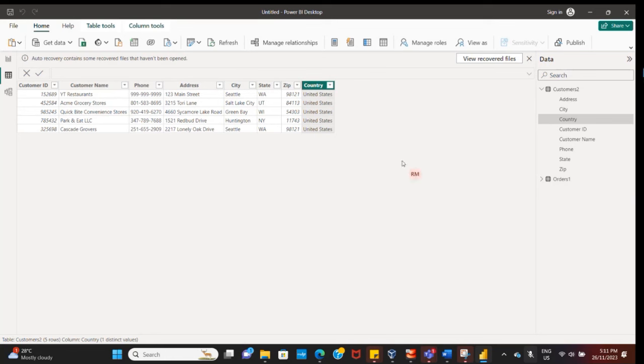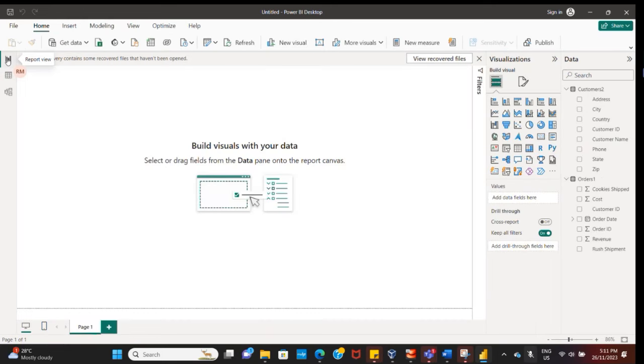Okay, I believe everyone is ready. So let's go and make a simple graph. Go to the report view, and then you can see here where you have a numerical value where you can make a mathematical calculation. So where you will see the sum, and also you see all the other infos are here. So in this, let's start with a simple graph, which is just to know this data set